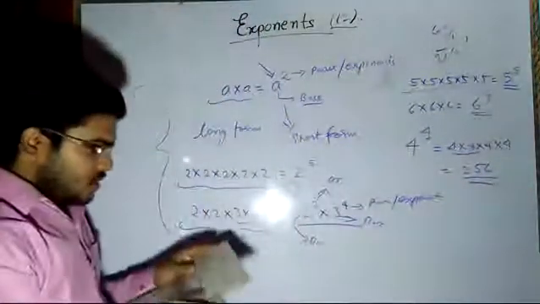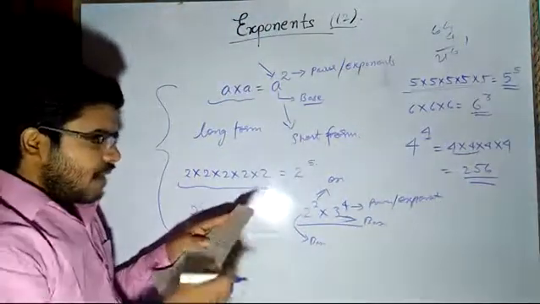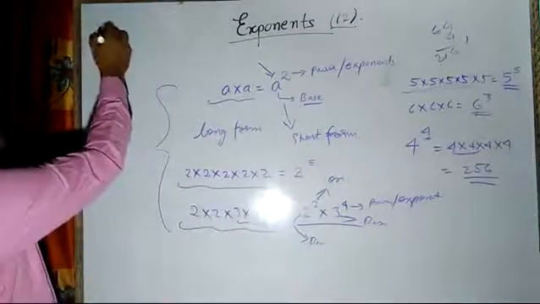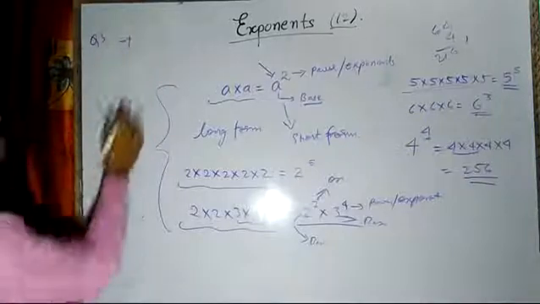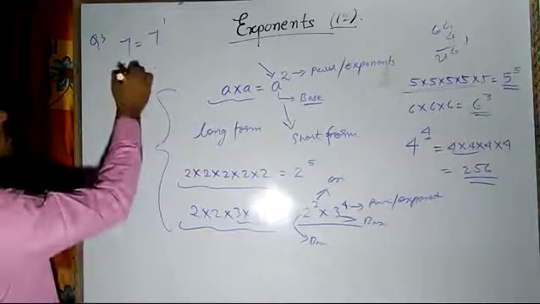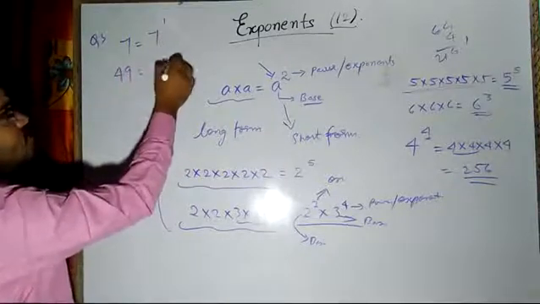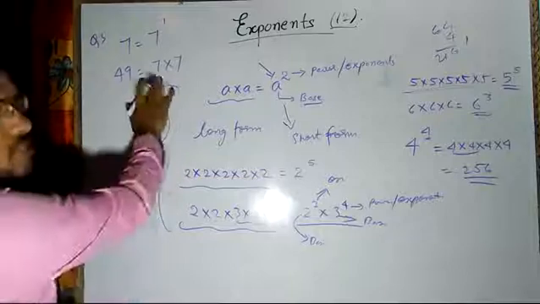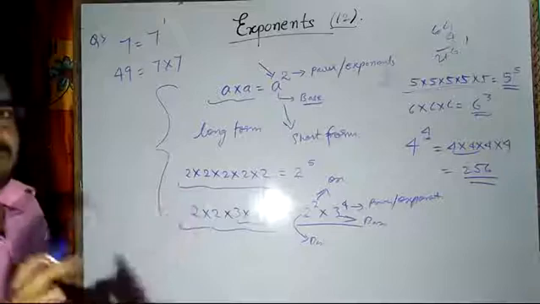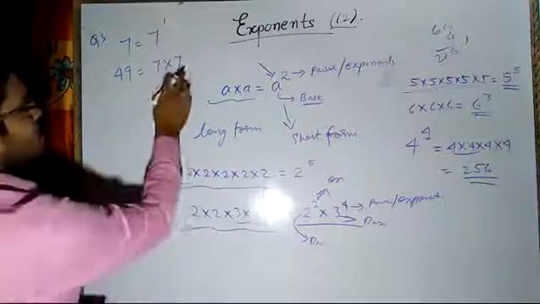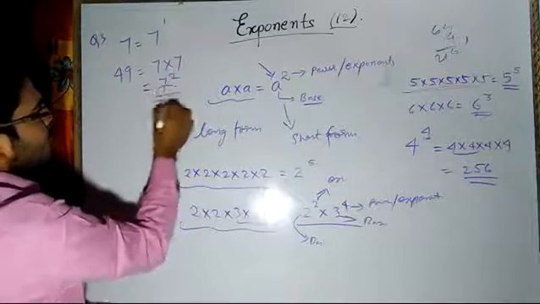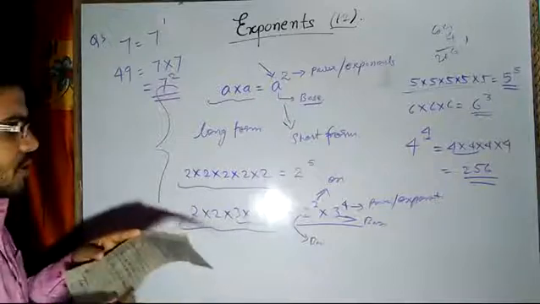Now question number 3 says write the following numbers as powers of 7. Like the very first one in question number 3 is 7. So exponent of power means 7 raised power 1. Then if they have given 49, then 49 can be written as 7 into 7. Why am I breaking into 7 into 7? Because they are asking that we have to write the numbers in power of 7. So 7 sevens are 49, so this can be written as 7 raised power 2. In this way you are going to simplify question number 3.